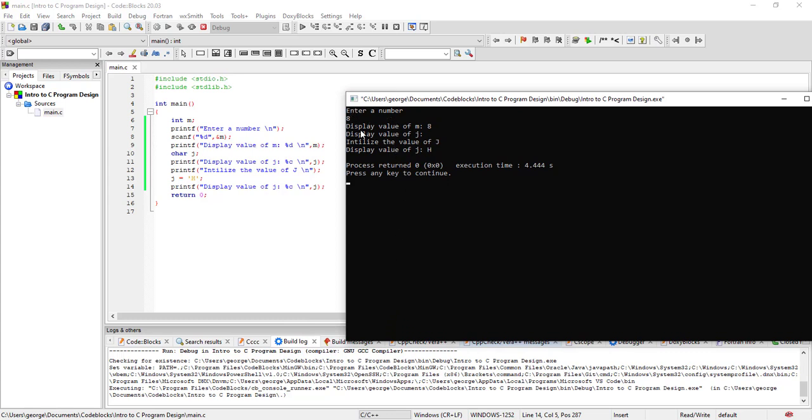The first thing that we've done, I'm sure you've been noticing with each run, is that each number we enter, no matter what kind of number it is, will still give us the number that we've entered. Then we can display the value of that variable, m. So m is equal to 8, which is the first variable that we've got. Display the value of j. At that particular point, j has no value whatsoever, so it gives us a plain